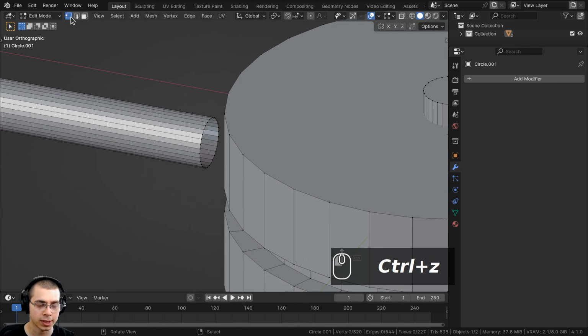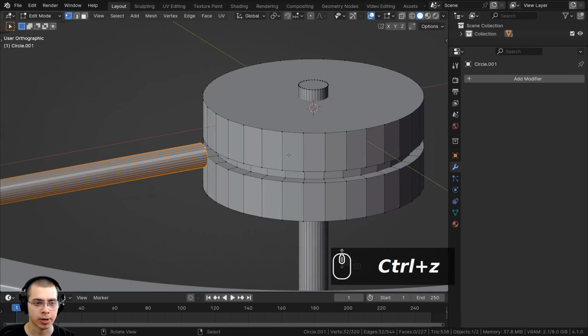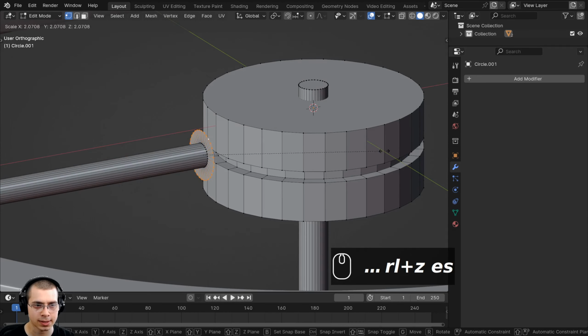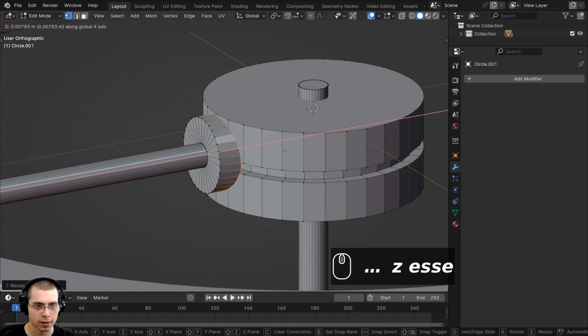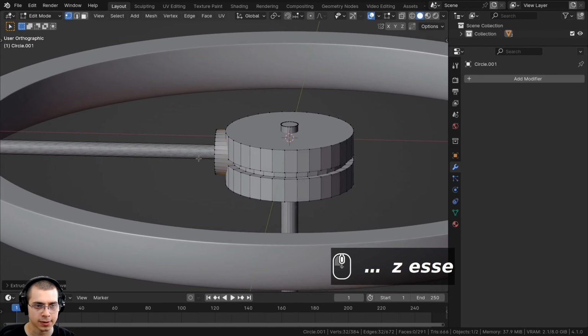Then I'll go to the vertex select. I'm going to hold down the Alt key and just select that loop of vertices there. And I'll press E to extrude and then S to scale, and we'll make it much bigger, about that big, and then I can extrude the entire thing in on the X axis just like that.